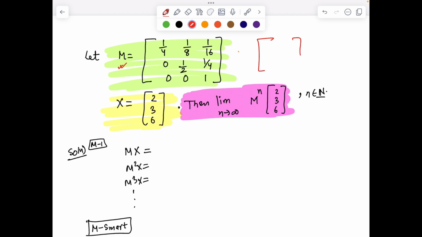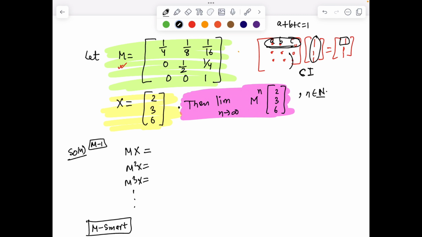For example, let's say this row summation becomes 1. Then if I multiply this with 1, 1, 1, it's still going to be 1, 1, 1. And this I have already discussed in one of my video lectures. If you multiply this row vector with this column vector, the dot product will still produce 1, because if it is A, B, C, the matrix has the property A plus B plus C equals 1, the sum of row elements, hence it will automatically give 1. It means if I call this matrix some crazy matrix C, then C times the I matrix, if I call I this 1, 1, 1, will still give the I matrix.